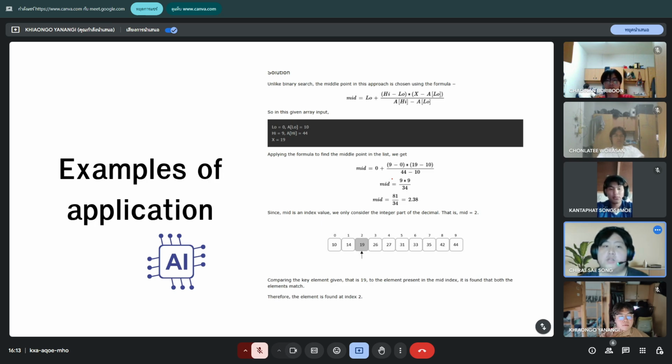For example, searching in a sorted database like a customer ID list, looking up values in financial datasets, or accessing records in a software system. These are scenarios where interpolation search can perform faster than binary search. Next, let's look at some sample code.